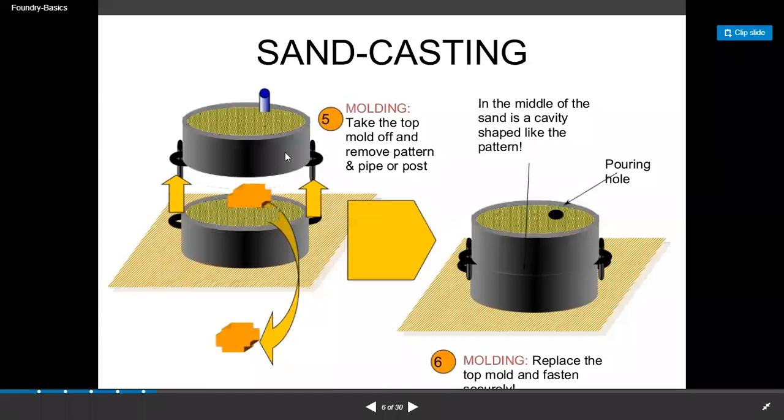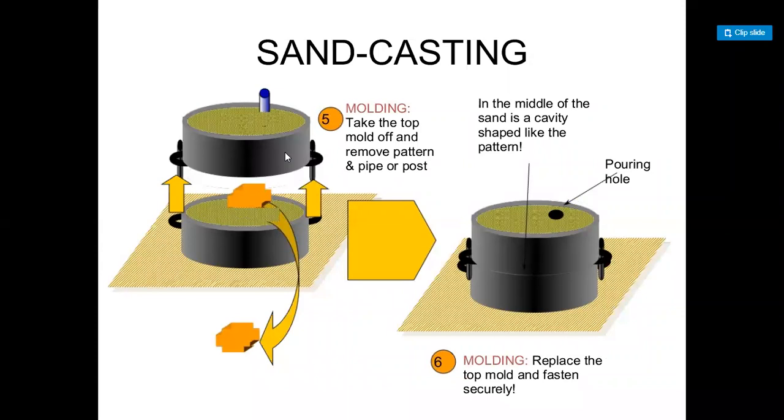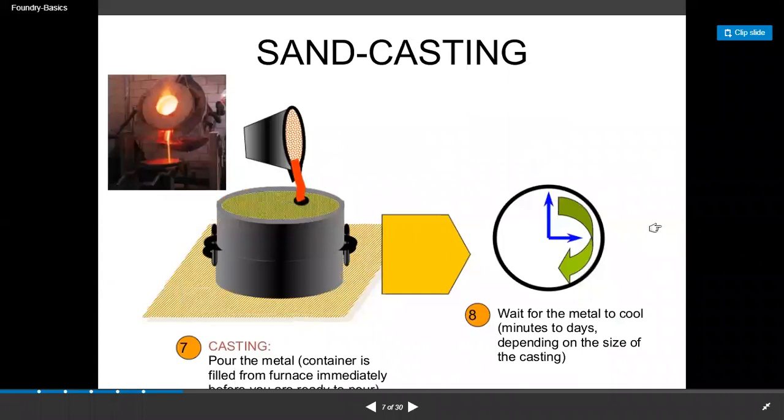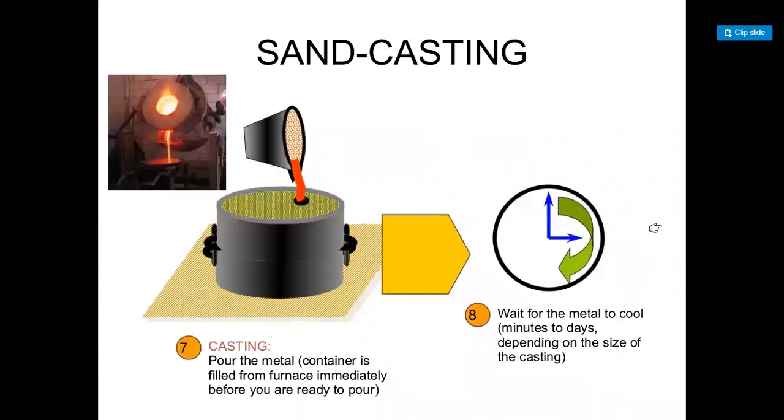Whenever you complete filling the top of the box with that sand, after the process you can take out the pattern. Okay. You can take out the pattern from the inside of the box. What we require is that the pattern should be shaped, and that pattern is provided in the two boxes of the casting process. So we can pour the metal into the two boxes.